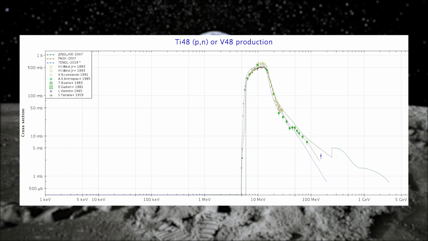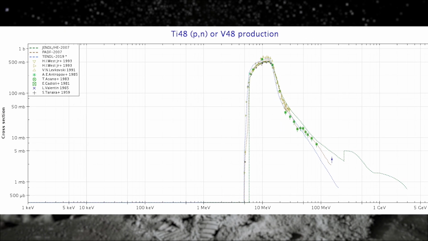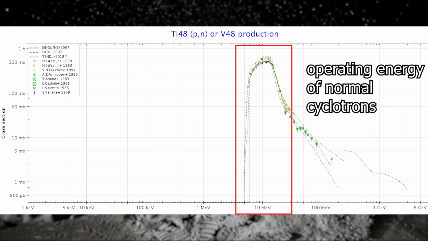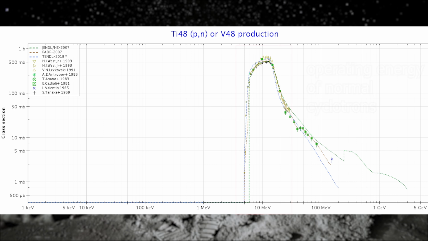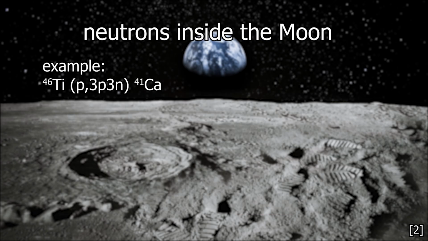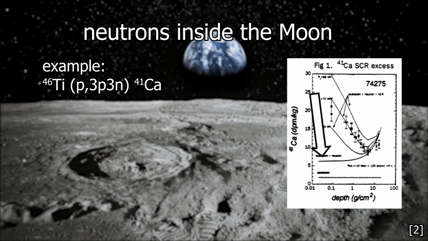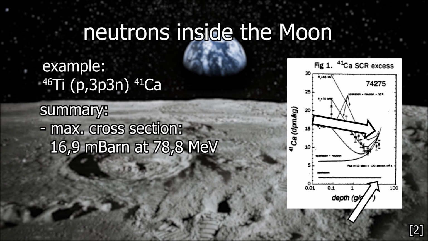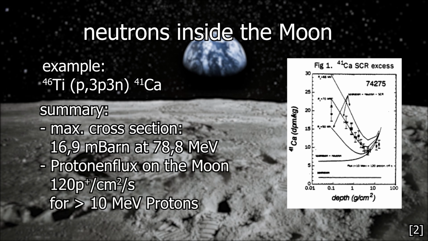But to give you some context, 78.8 megaelectron volts is far outside the range of a normal cyclotron. They operate more up to the 30-ish megaelectron volt range. So looking at this reaction, we can see that neutrons are released, which means additional reactions involving thermal neutrons further contribute to calcium-41 formation. This constant production, including spallation from elements like iron, allows scientists to model the proton flux on the Moon. This is determined to be around 120 protons per square centimeter per second for energies above 10